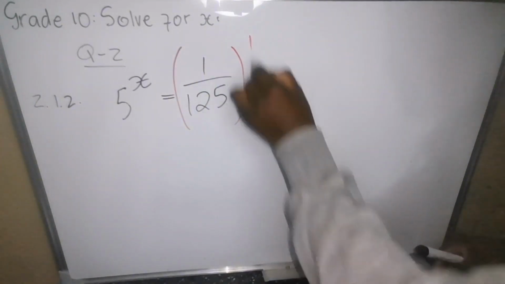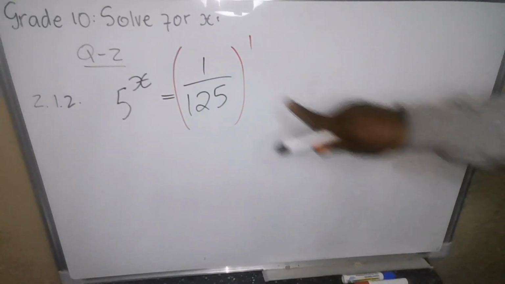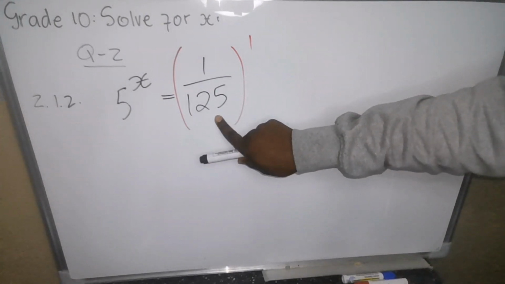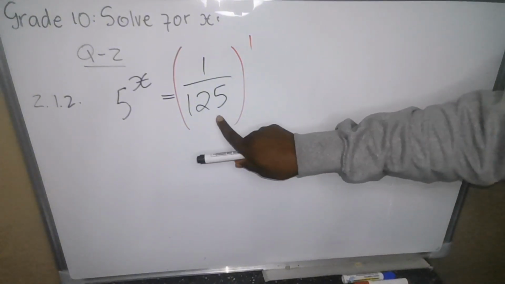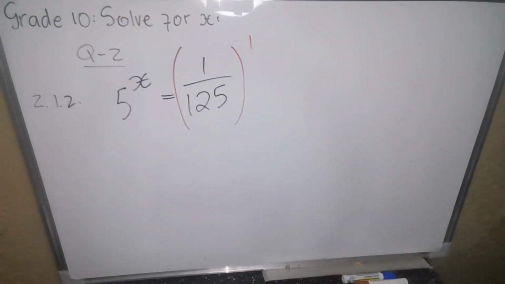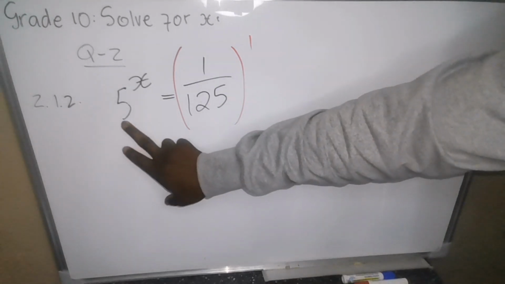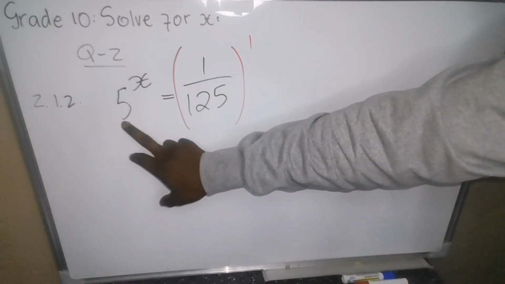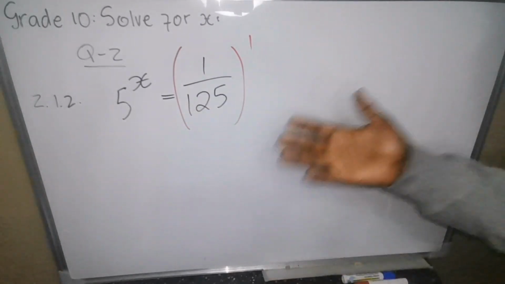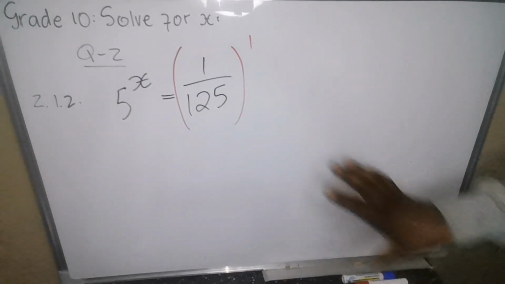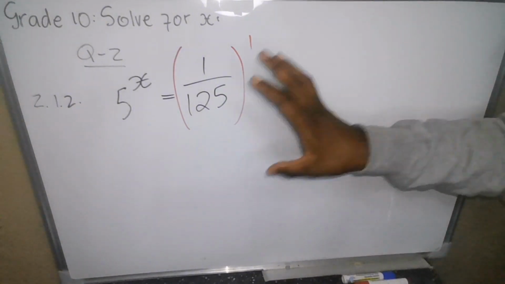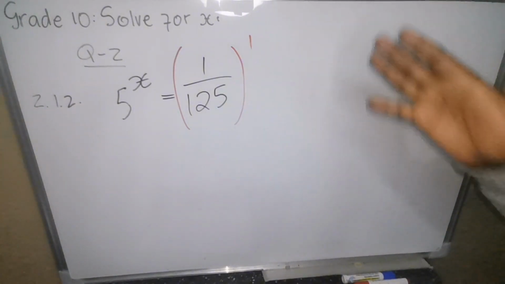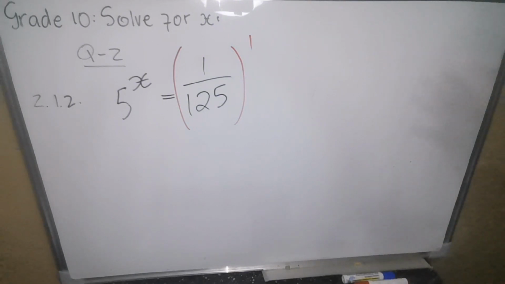It's to power 1, invisible 1. Therefore, 1 is our exponent, then this one is our base. 5 is our exponent, our base. And your aim must be that the base be the same. That's your aim. Now, you need to check this side, 5. So 5 cannot be simplified further, because factors of 5 are 1 and 5. Then you are done. On this side, you can find factors of 125, which means you need to think of,